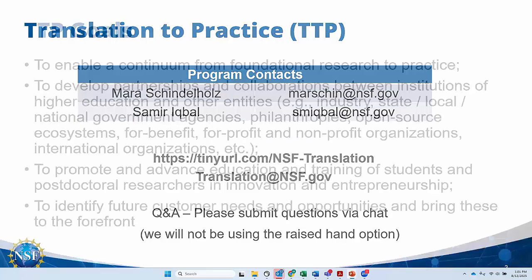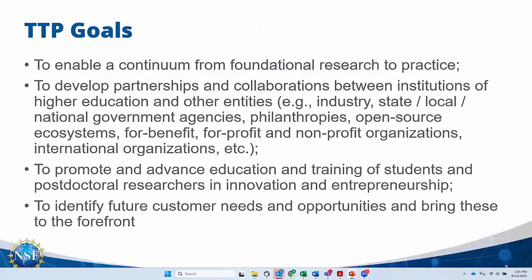Hopefully we've reserved plenty of time to also answer verbally any of those questions that you may have about the program. So the main goals of the TTP program are to provide funding to researchers at academic institutions and nonprofit institutions to help them translate their foundational or basic research to practice. So what do we mean by that? To help you take those great discoveries and inventions that you may have and translate that into action, to apply those discoveries and inventions to real world use cases and challenges, and to move them along that technology maturation pathway to eventual products and solutions that can benefit those applications.